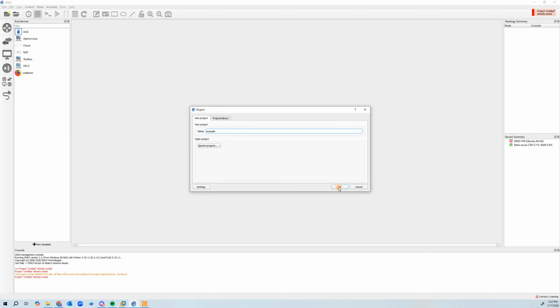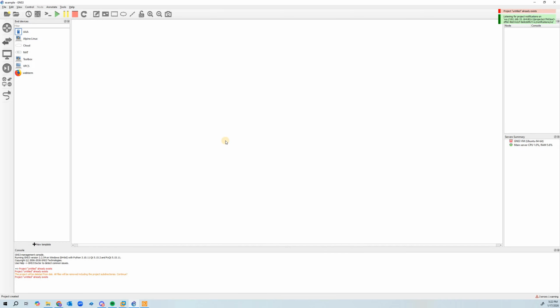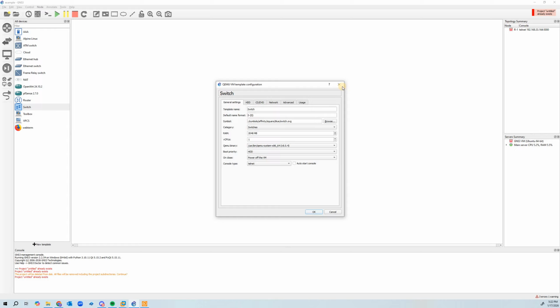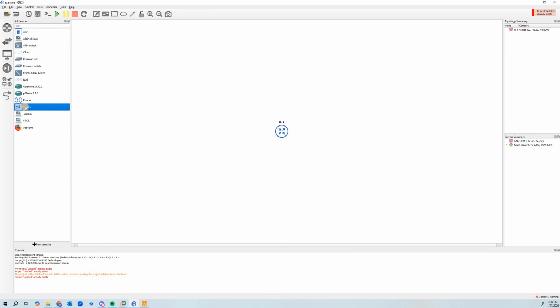And once I have my project created, notice my background goes white. This is kind of my project workbench area. So now let's bring some devices over. I'm just going to list all devices, and we will start with a router. And I will bring two switches up. I double clicked it and it brought me up to the configuration. Let me just bring a couple of switches over, and then I will bring over some Alpine Linux command line